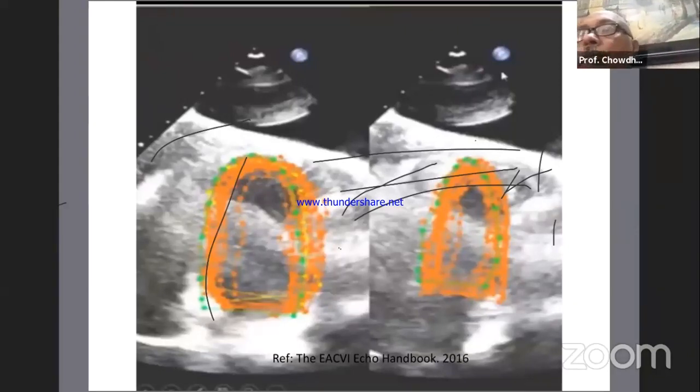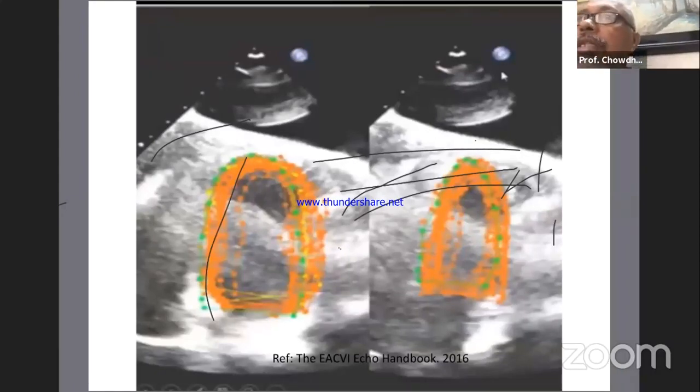I saw a presentation in Singapore in 2004 where one of the renowned echocardiographers was demonstrating the Simpson method of assessing left ventricular function. It was a normal left ventricular function, but at his first attempt, it showed an ejection fraction of 40. And I was also impressed with Professor Tuhin Haq